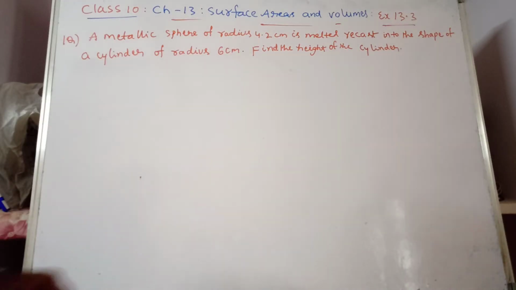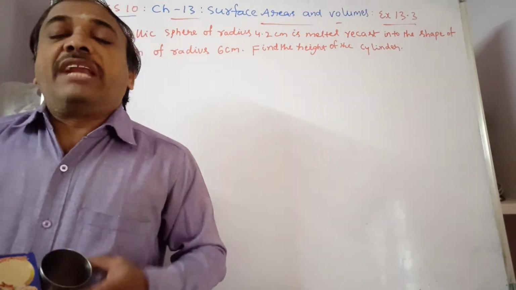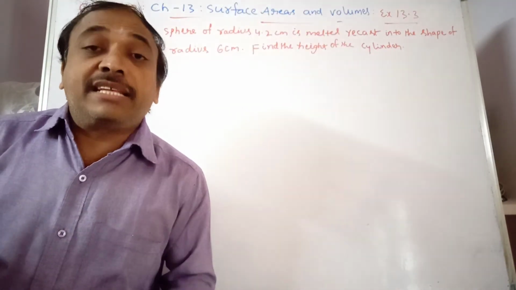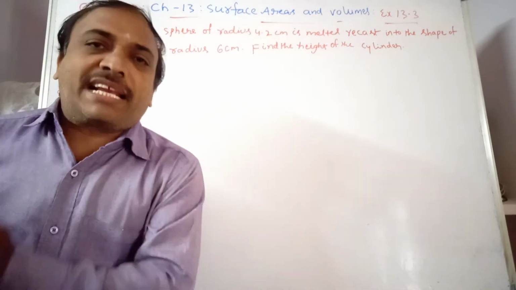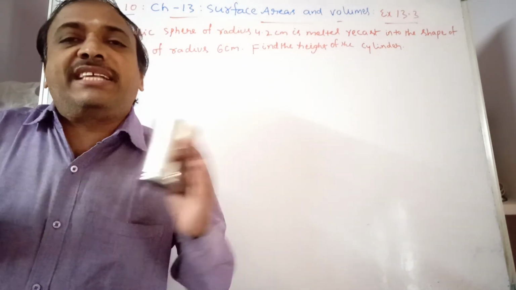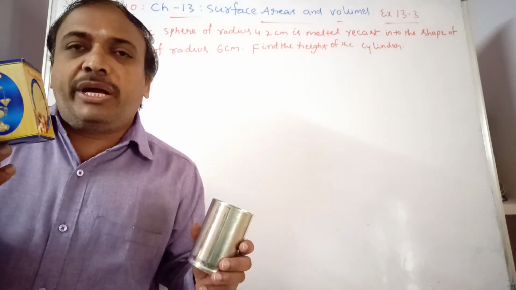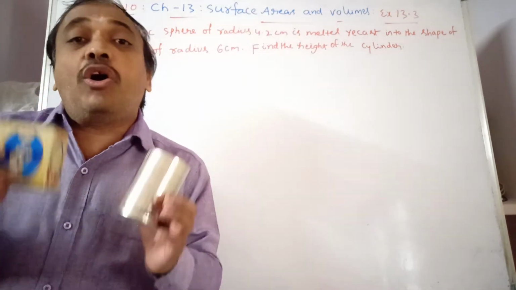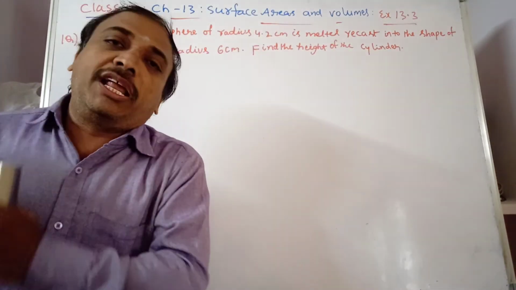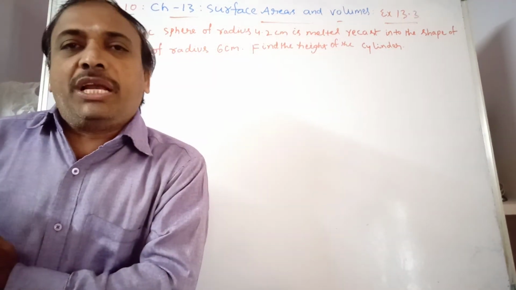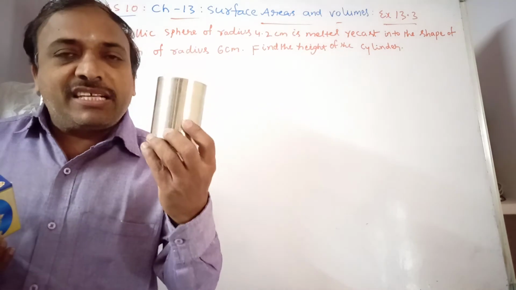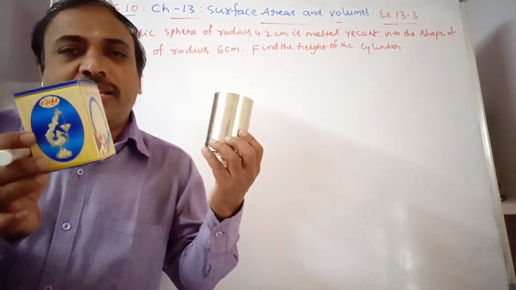Now, just now I explained the conversion, how many we get, the volume of the smaller one, all these things. Now let us see conversion from one solid to exactly another solid, like a cuboid and a cylinder. Observe it, cuboid and cylinder. Before, I explained how many we can convert into smaller ones, that is one type. Now here it is one shape to the other shape. This is a solid cylinder and this is a solid cuboid.